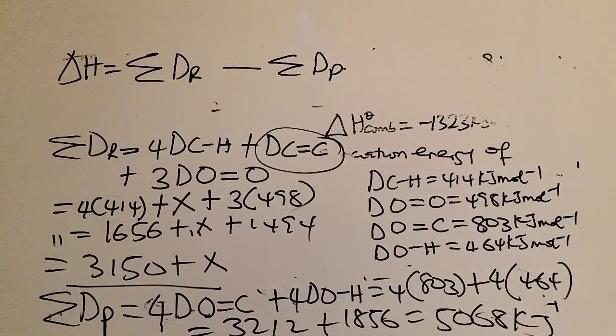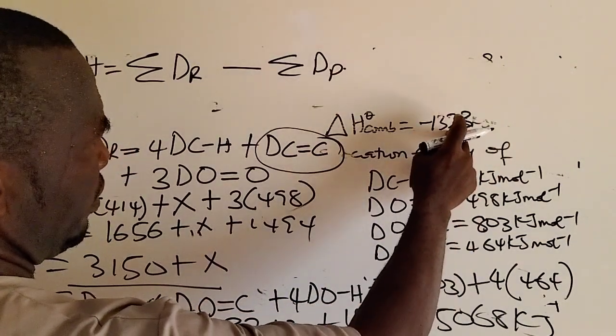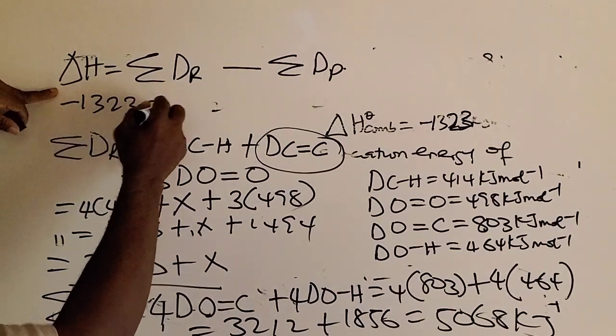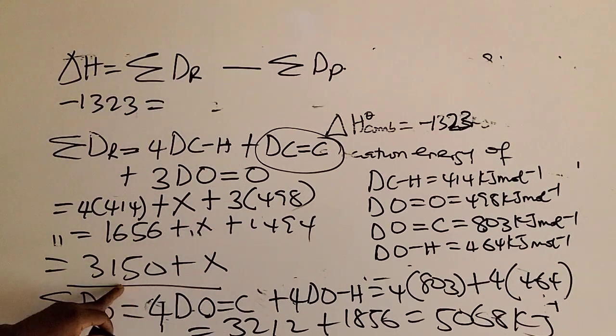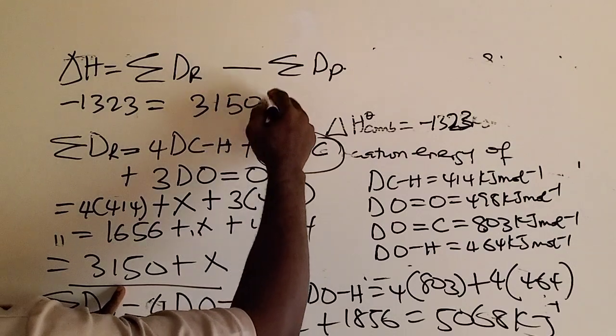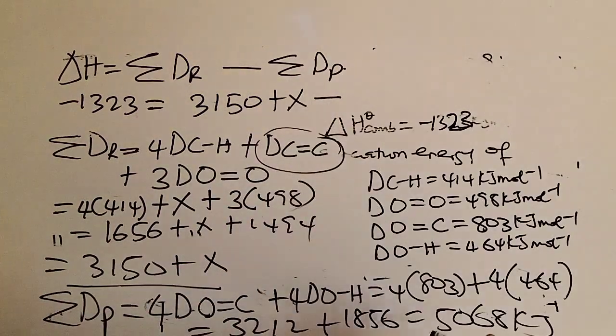I remember that the enthalpy change, the heat of reaction for the combustion, is given to us in the equation, minus 1323. So replace this with negative 1323, equal to the summation of the bond energy of the reactant, which we got as 3150 plus S, which we're looking for, then minus that of the product,